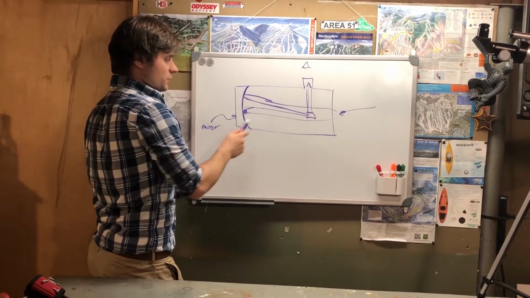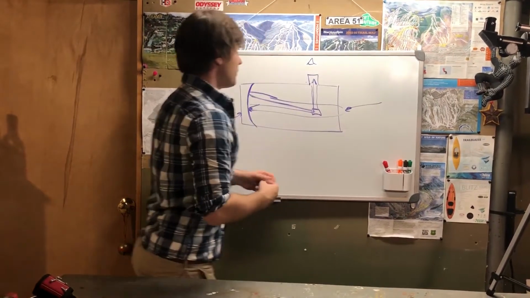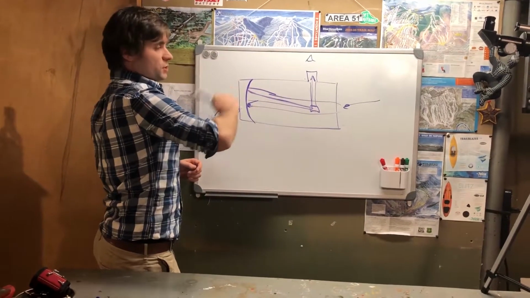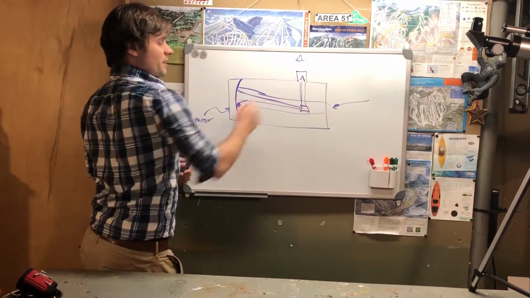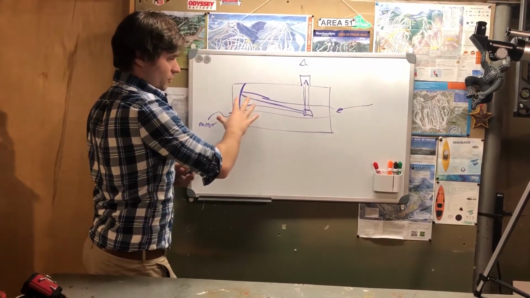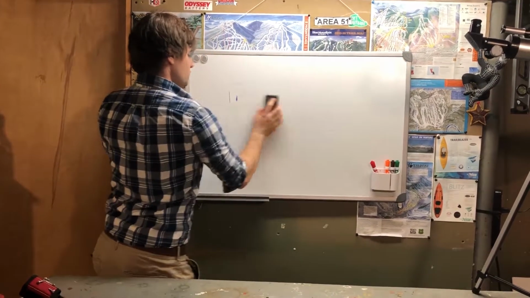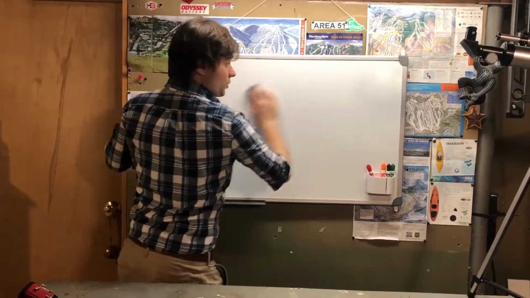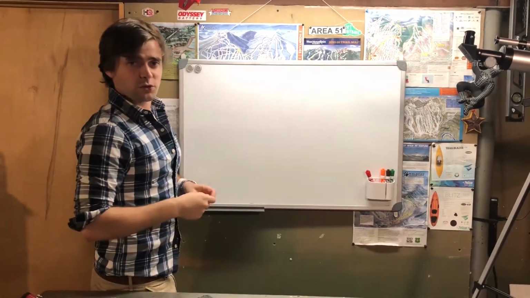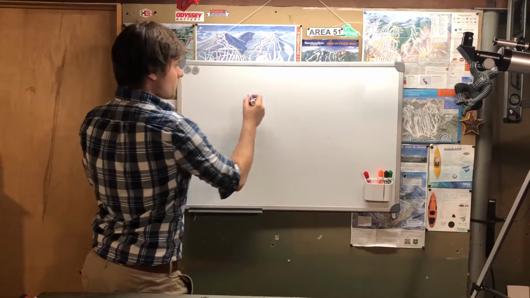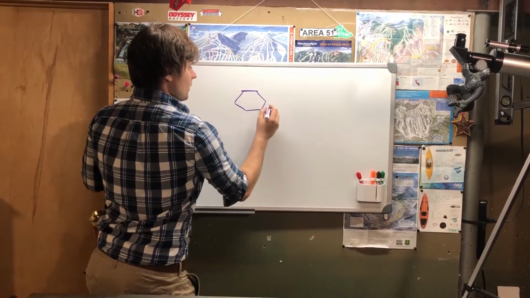Now, one of the main advantages of the reflecting telescope versus the refracting telescope is that reflecting telescopes scale much easier than refracting telescopes. You don't have that big heavy lens in the front, you have basically mirrors. And when these get bigger, such as in a lot of research telescopes used today, and most telescopes used in research are reflecting, they can make hexagonal mirrors, kind of like this,